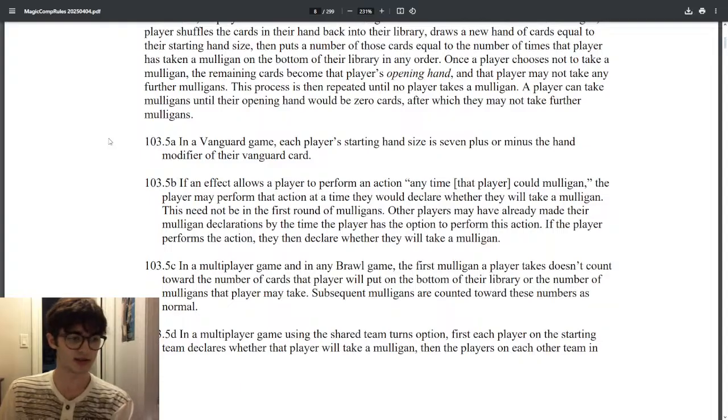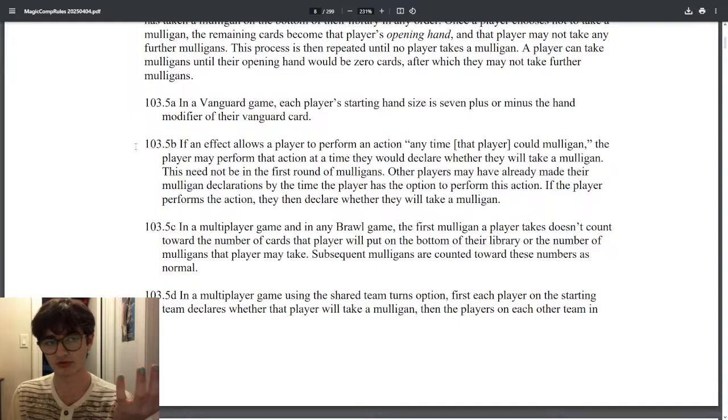103.5A. In a Vanguard game, each player's starting hand size is 7 plus or minus the hand modifier of their Vanguard card. I should try Vanguard someday, it sounds interesting. 103.5B. If an effect allows a player to perform an action anytime that player could mulligan, the player may perform that action at a time